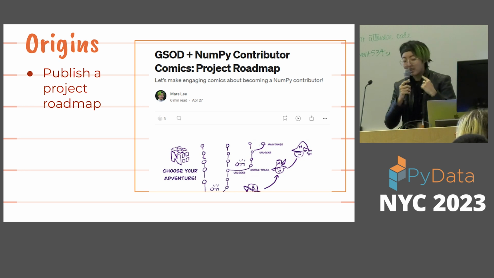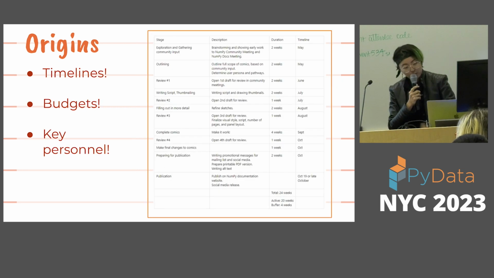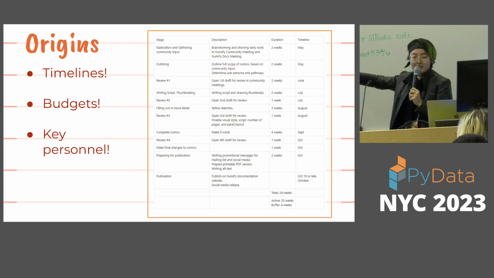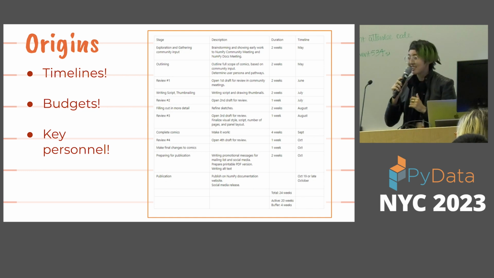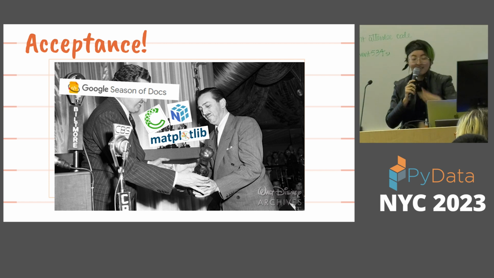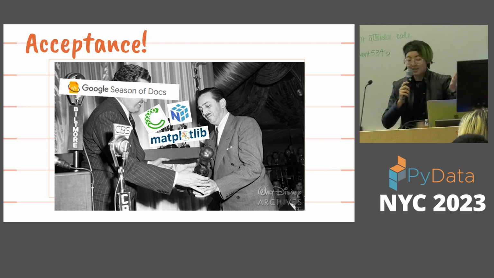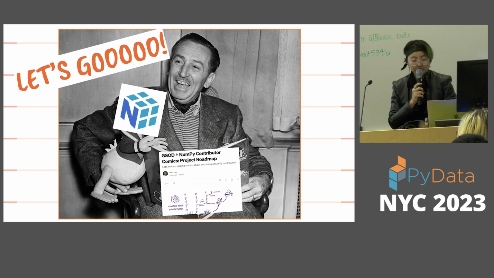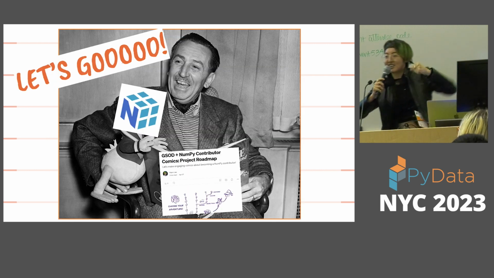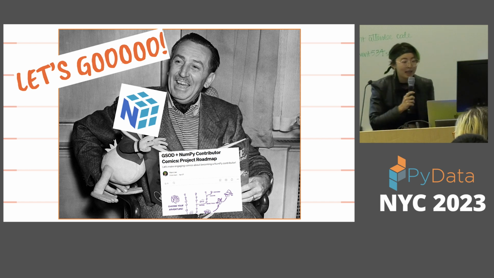And I was like, okay, I know how to make comics, but I gotta prove it to people so they can give me money. And so I did the whole project roadmap, where I did timelines, budgets, key personnel, all these things to say, please, please. And I got accepted, whoa, along with some other scientific Python projects. I was so happy, let's go. But,